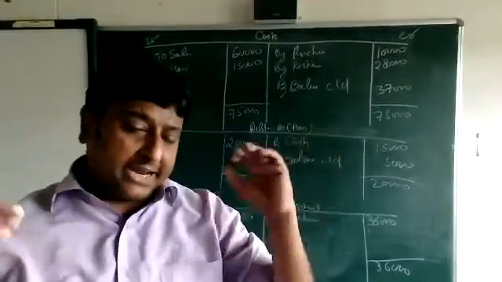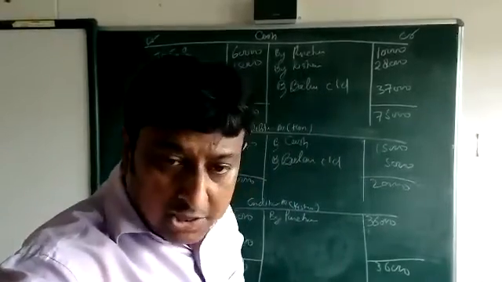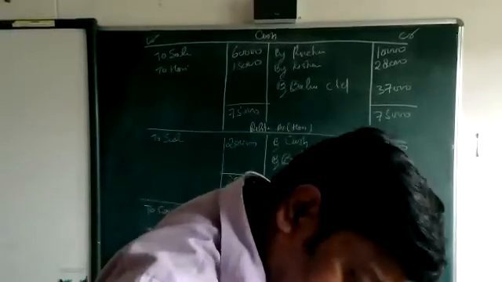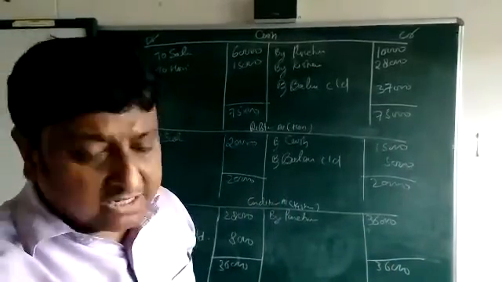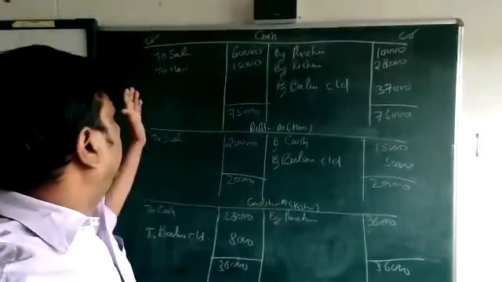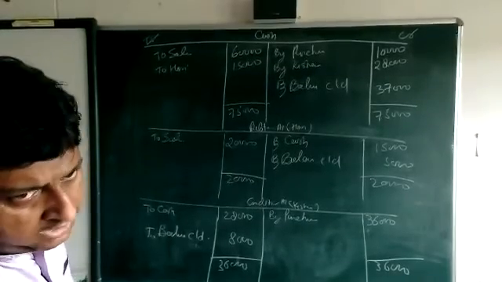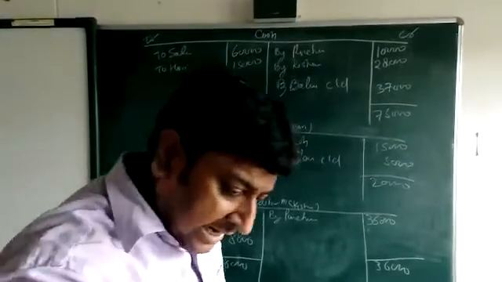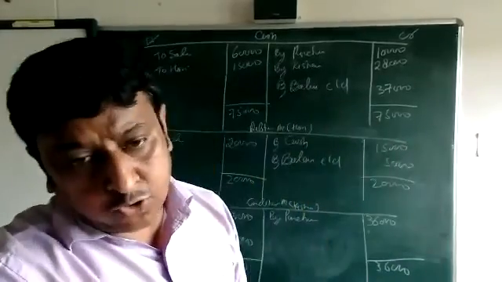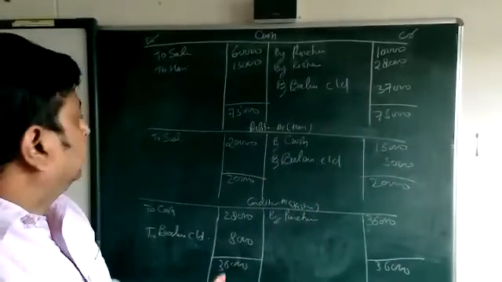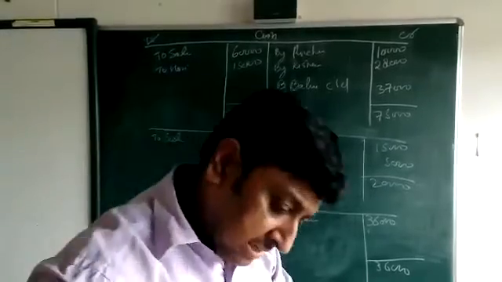Okay, again I am repeating this question because all three accounts we are going to make at the same time. First is what, beta? Sold goods for cash. You are selling your goods, so surely you received the cash. So we put it in the cash account debit side because your cash will increase. Okay, beta. Then next, sold goods to Hari. You are going to sell the goods on credit, so on the debit side because your assets will increase.